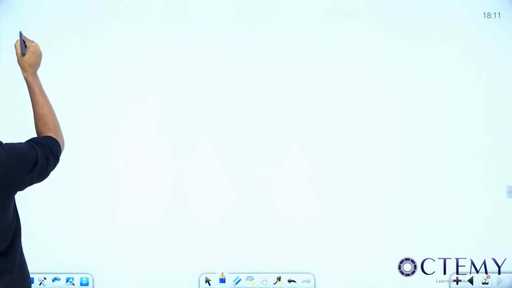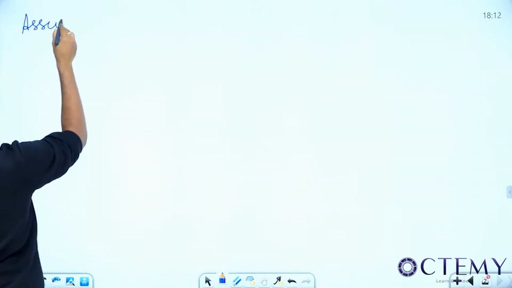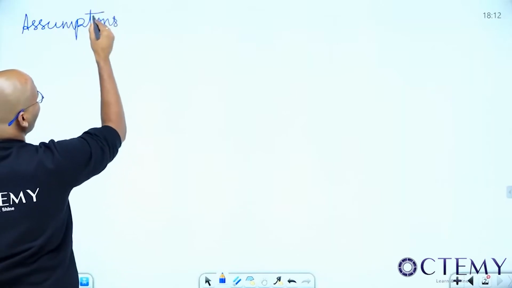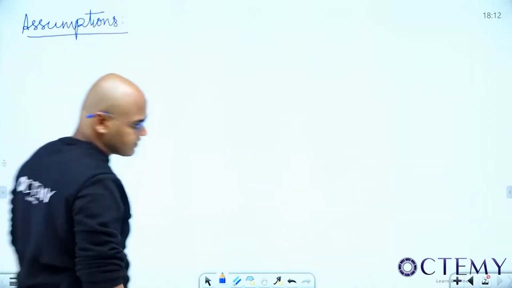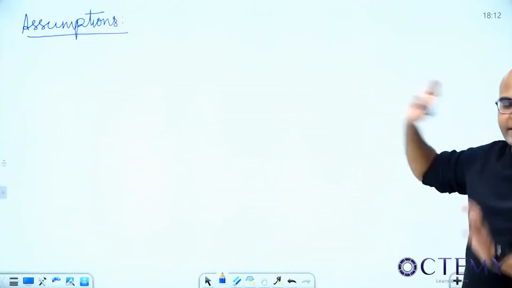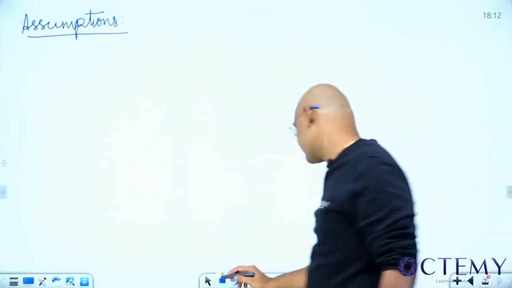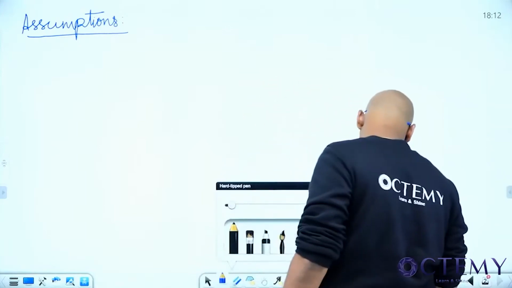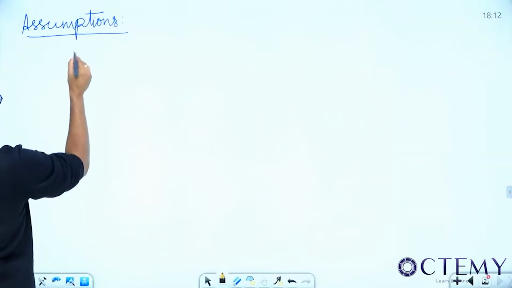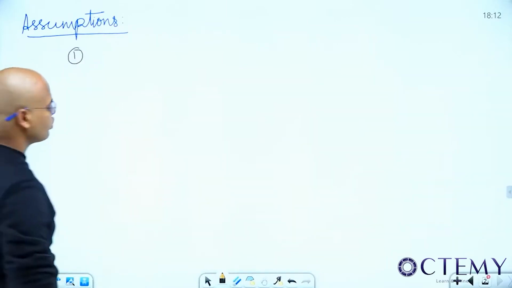That's it. So what are all the assumptions I am going to make here? Sir, even in the exam, if that person has not given them, I am taking these assumptions. By default, when a problem on truss is there, you can take these five assumptions. Maybe three assumptions, and the two are conditions you can get from the problem. He will give only under those conditions. What are those? Number one,